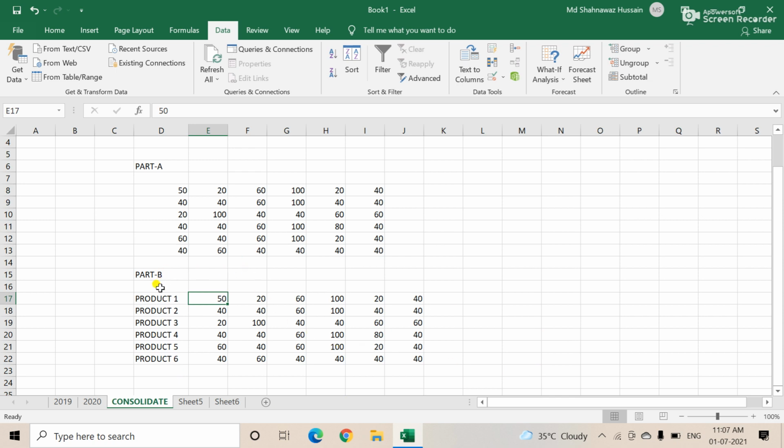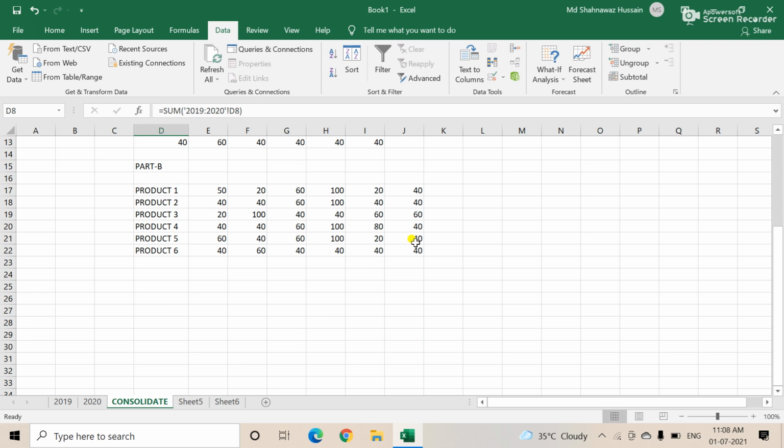And the advantage in the case of part B is we do not have to put my cursor in the particular data where the data starts from D8. But in the case of the second condition, don't worry, you can put your cursor anywhere in the sheet. It is no issue. So this is the function of consolidated data. First one, you all understood: first the first data comes, then after this you drag, and after dragging all the data comes. And in the case of part B, using consolidated data, all the data comes together.